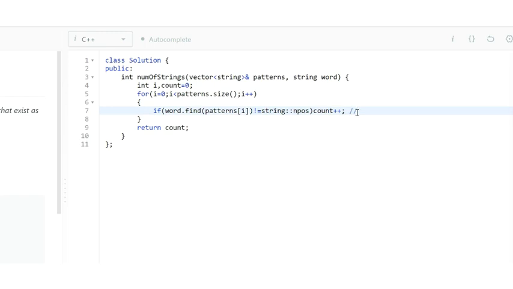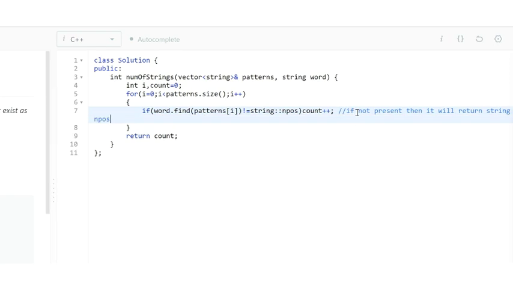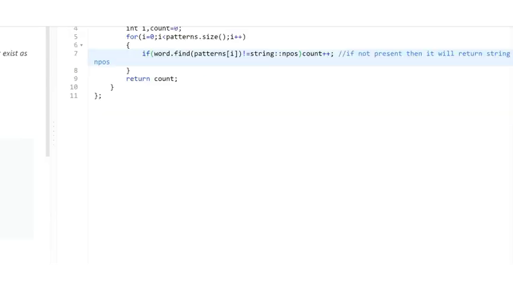What I am saying is that if not present, then it will return npos. So if it is not returning this, then it means that it is present in our word string. So we will increment the count, and at the end we are returning the count.